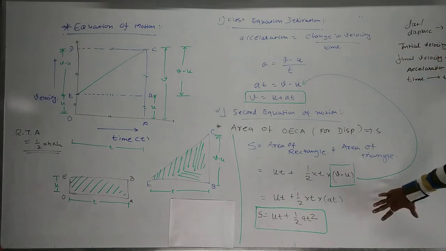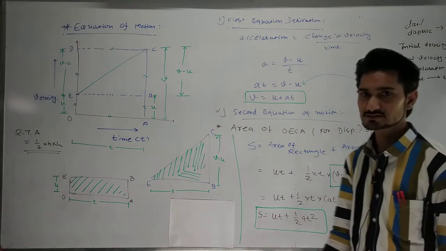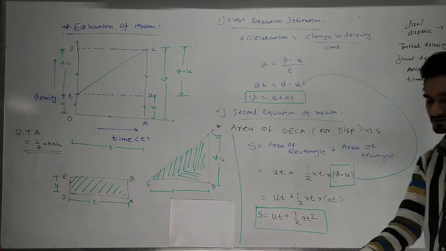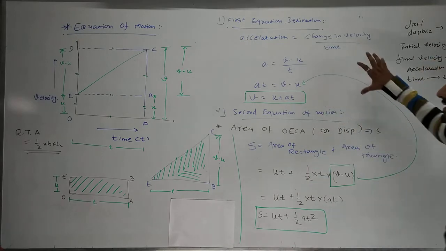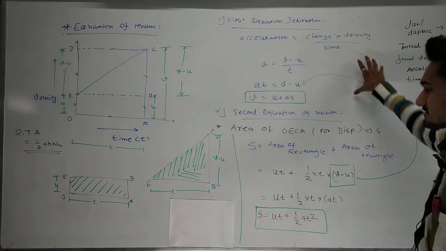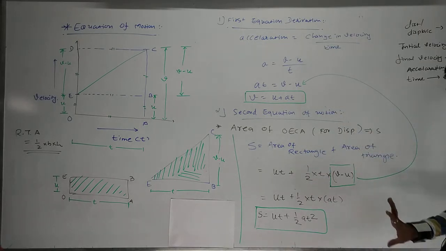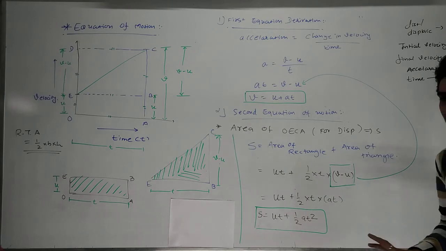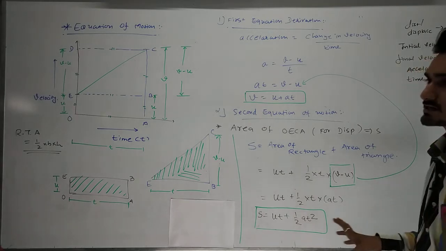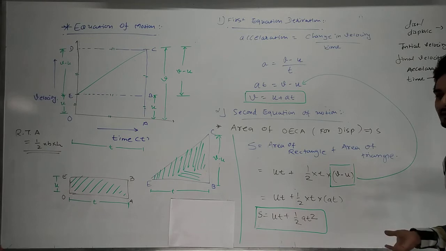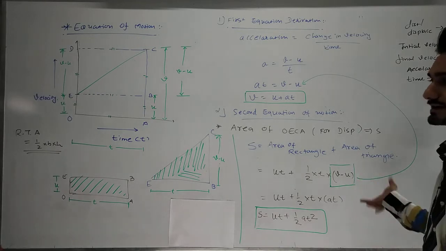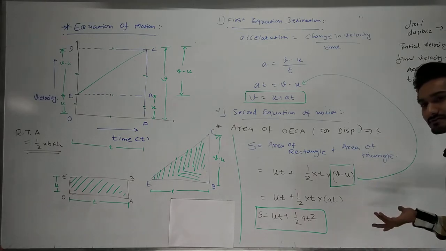Okay, so this is the way you can find out the first equation. This is the way you can find out the second equation. We are going to see the third equation, and that will be the last equation's derivation in the motion chapter. I will again repeat the first and second equations because they seem complicated. Whenever I explain it, it looks very easy, but when you try it yourself, you will think it is very complicated.